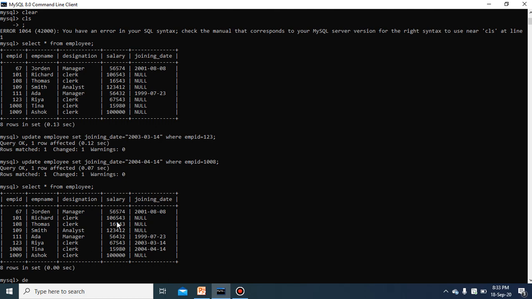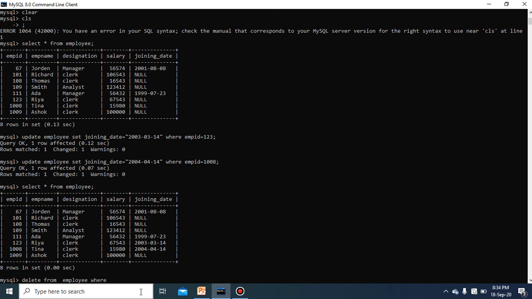So to delete any record, to delete any data from the table, we will use the delete command. Just after the delete, you will write from and name of the table. According to the syntax, we have to go delete from employee where, suppose I want to delete all the joining date who is null, or if you want to delete all the designation who is clerk, or if you want to delete this very record 1009. So that very condition you have to specify whichever record you want to delete. So this is about how to put the condition.